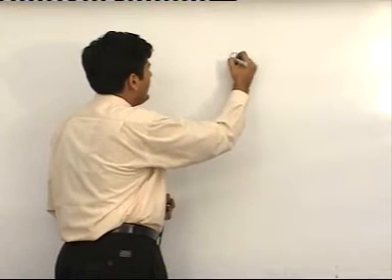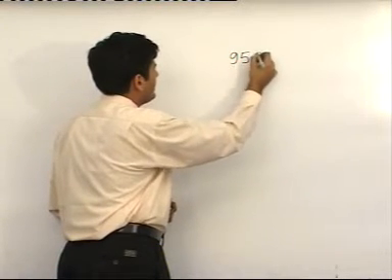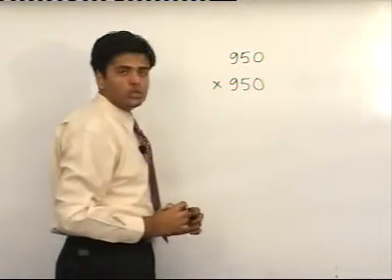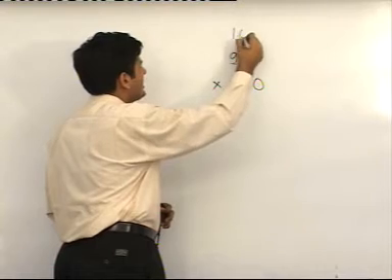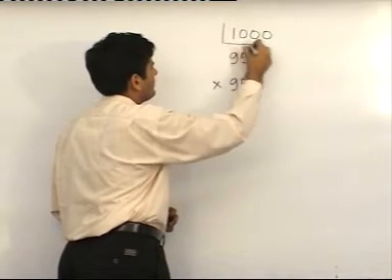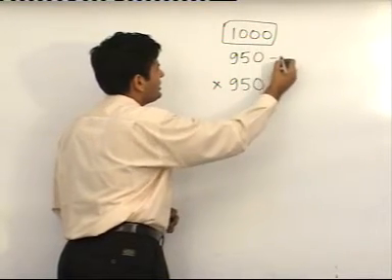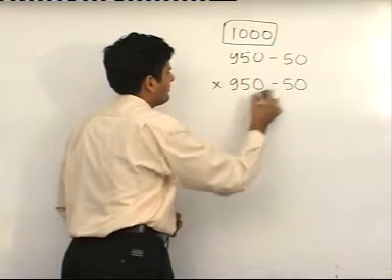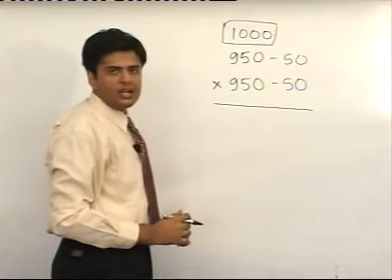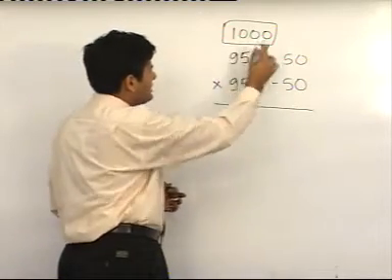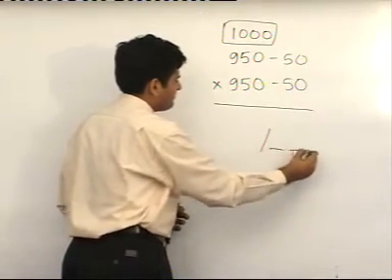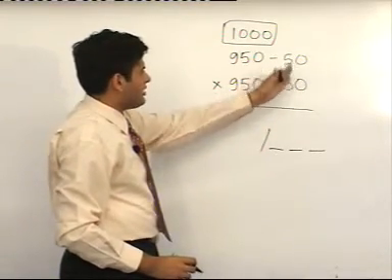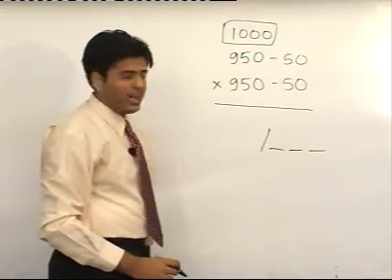Suppose you have to multiply, say, 950 by 950. Both these numbers are closer to 1000, so the base in this case will become 1000. Difference between these two is 50, and again difference between these two is 50. Number of digits in right hand side will be 3 because there are 3 zeros in 1000. Now, when you multiply the differences, as we do in step C, 50 50s will become 2500, but you can